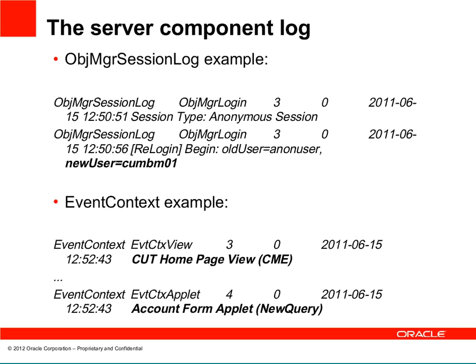So here's those two events in practice. This is the entry that we would see in the user session log, with the object manager session log event type increased to value 3 or 4. Specifically, I highlighted the text there, new user equals. This is where it switches the context from the anonymous user that's used to render the login page to the user that's logged in. In this case the user ID was CUMBN01,